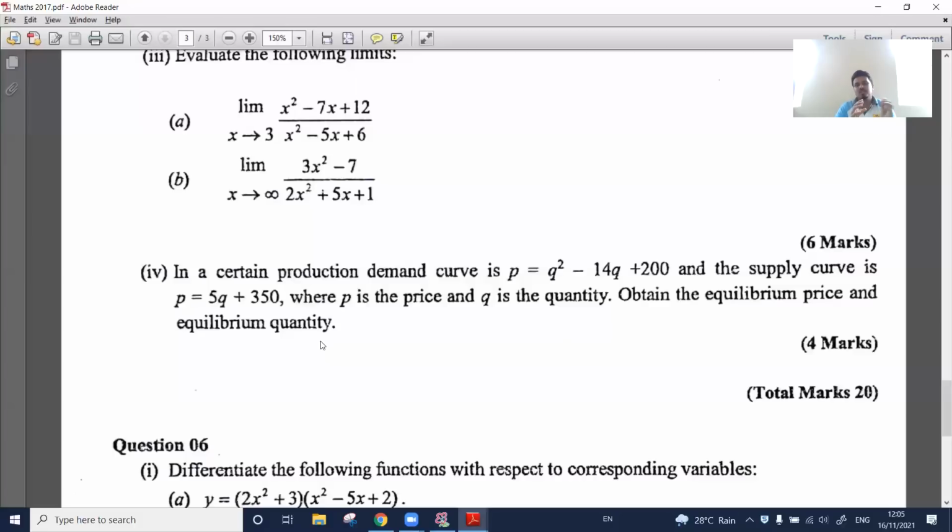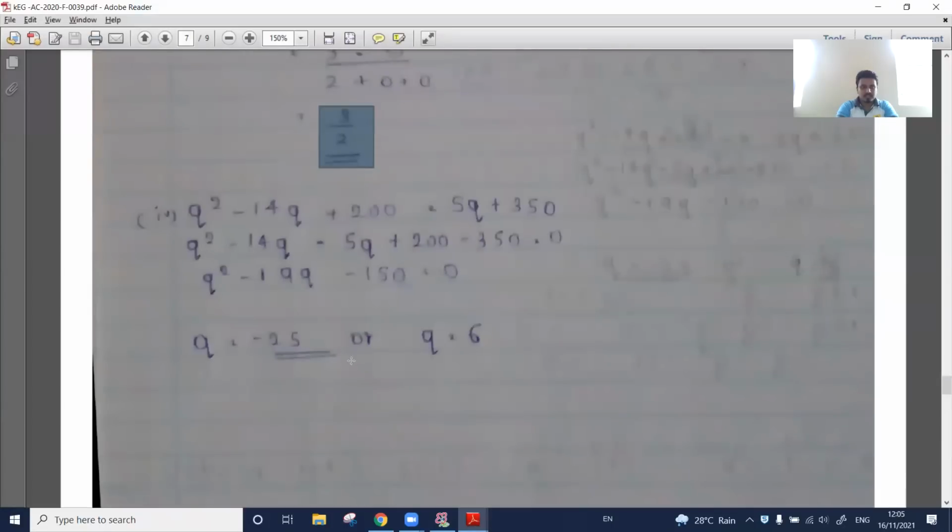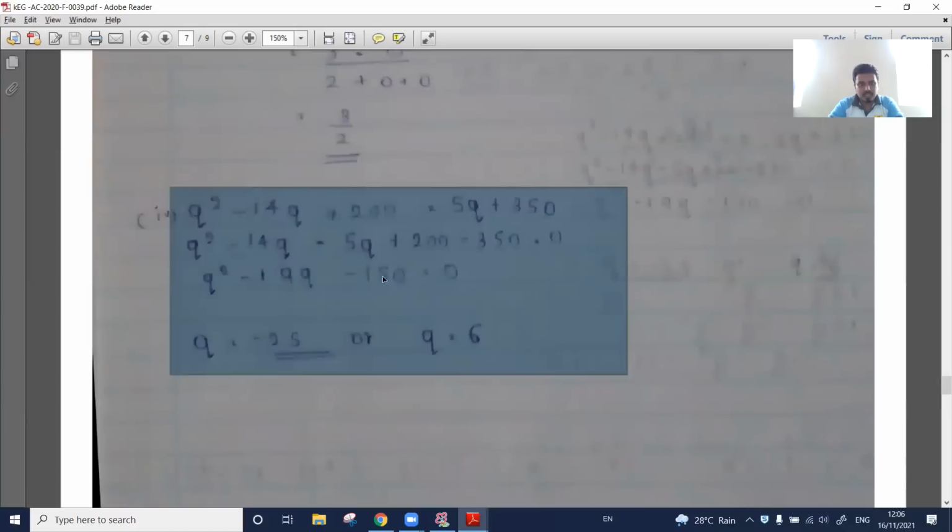Equilibrium quantity. So we need to make these two functions equal, right? We need to make the two equal. Oh, what you have done here? Q squared minus, yes, correct. Q squared minus 14Q plus 200, that is the demand function, should equal the supply function. So once you solve this